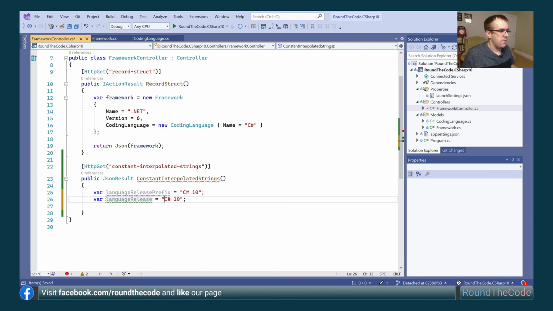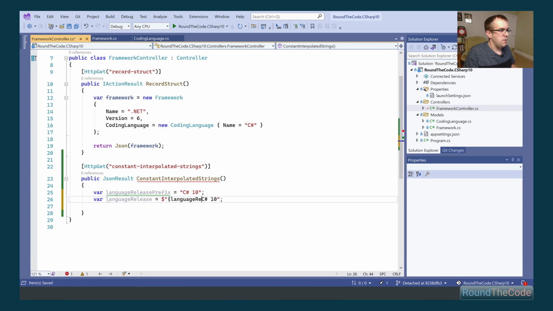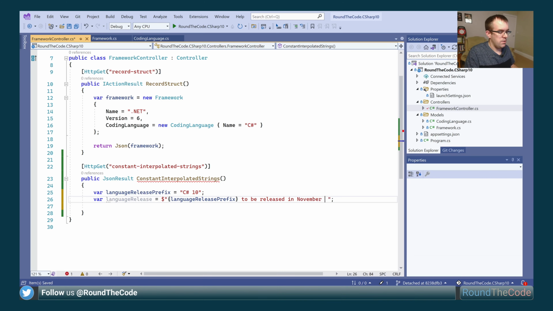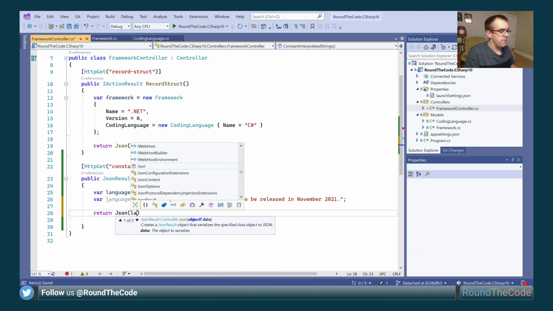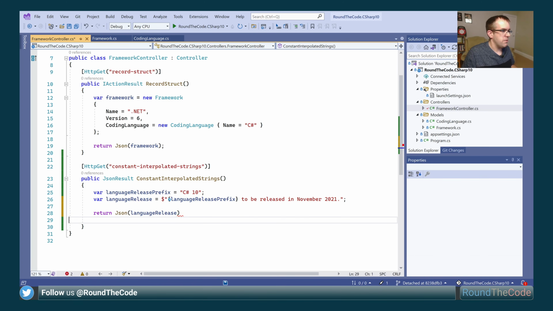And this is where we add the interpolated string. So we prefix a dollar next to it. And what we can do now is get the language release prefix variable and stick it inside the string like that. And we can just put a message saying to be released in November 2021. Then we can go ahead and just return that as a JSON, the language release.